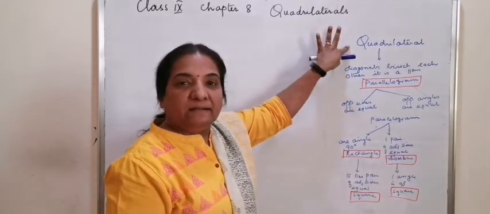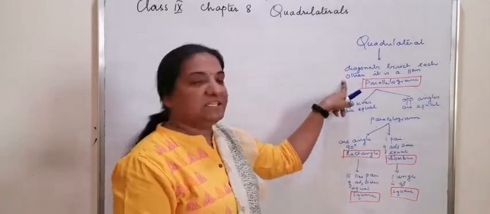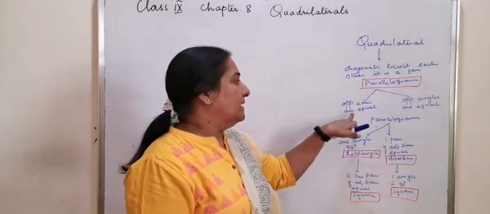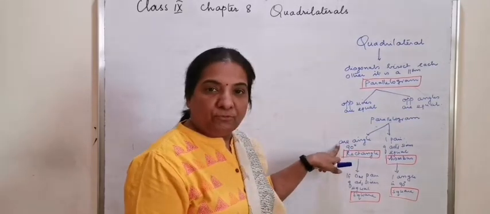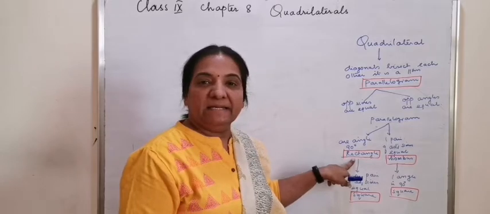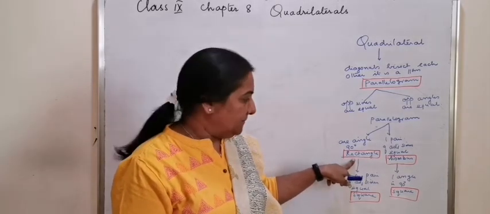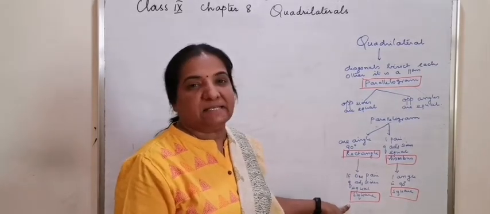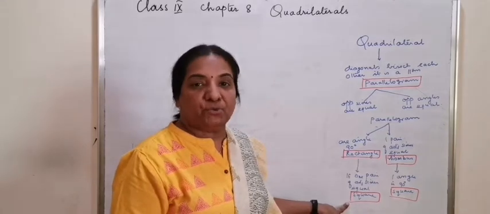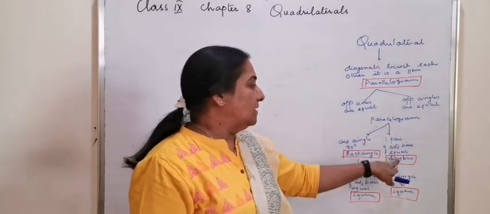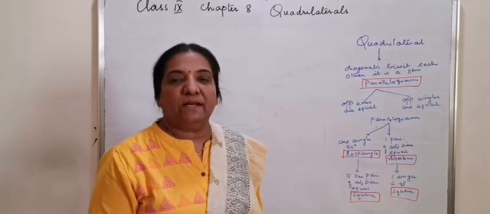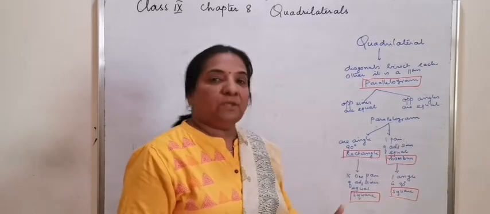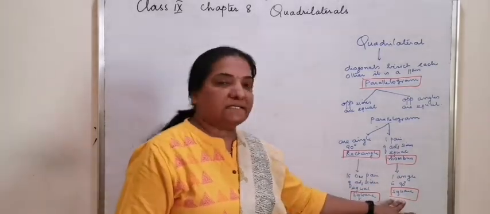Any quadrilateral, if it is given that the diagonals bisect each other, it is a parallelogram. And now, any parallelogram, if you can prove one angle is 90 degrees, immediately that parallelogram will become a rectangle. And if in a rectangle you are able to prove that one pair of adjacent sides are equal, it will turn into a square. Similarly, any parallelogram with one pair of adjacent sides equal is called a rhombus, and in a rhombus, if you can prove one angle is 90 degrees, it is termed a square.